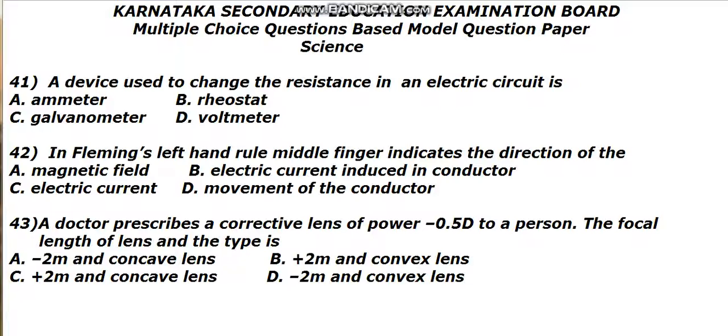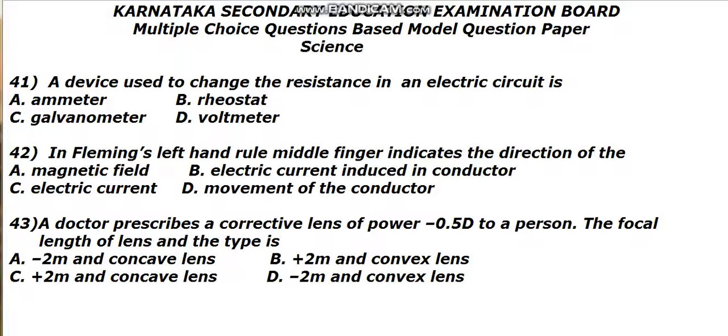See, I want to say one more thing here: until and unless you know the meaning of all the options, if you are not able to differentiate A, B, C, D, the meaning of those things, which of course are related to the concept, you will not get confidence. So it is not just taking the answer, learn the lesson well. The answer to the first question, that is the 41st question, is rheostat, that is B1. The rheostat is used to change the resistance in an electric circuit.